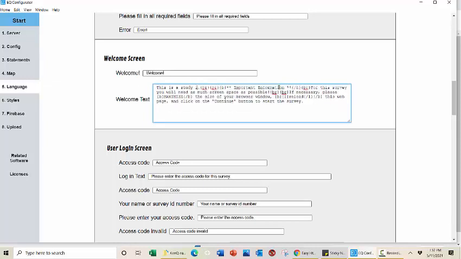this is a study investigating views of child safety. And we'll keep these things: maximize the size of your browser, click on the continue button. Maybe we want to have some other information. So we could have